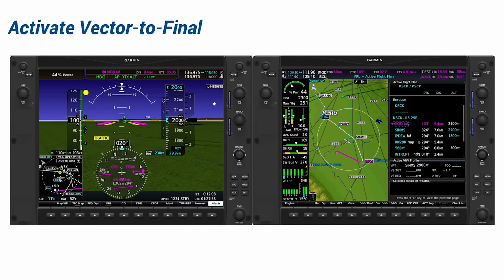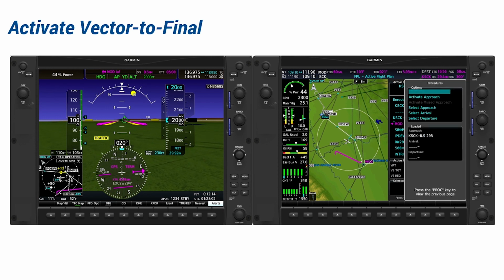So we would have to load the correct frequency in the nav radio. And the third thing is we would need to change the HSI from GPS to localizer. So we have three things to do, and we have very little time to accomplish those tasks. Well, we have an option now,